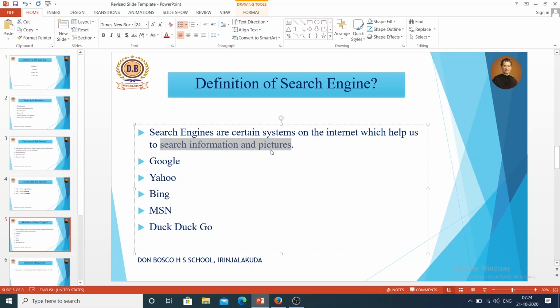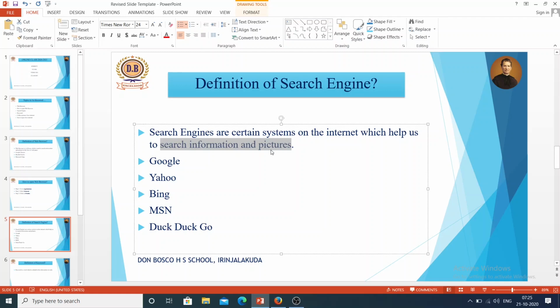You may be confused about what is the web browser and what is the search engine. Both are used for the same purpose, but a web browser is a software, like Google Chrome and all. We get those apps, but a search engine is not a software. It comes inside the web browser software. I repeat, what is the difference between web browser and search engine?